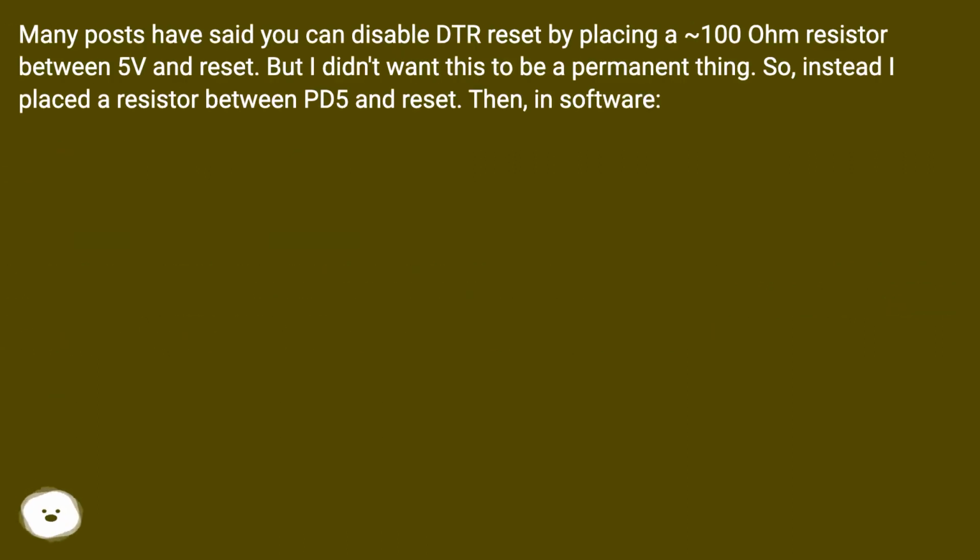Many posts have said you can disable DTR reset by placing a 100 ohm resistor between 5V and reset. But I didn't want this to be a permanent thing. So, instead I placed a resistor between PD5 and reset. Then, in software,